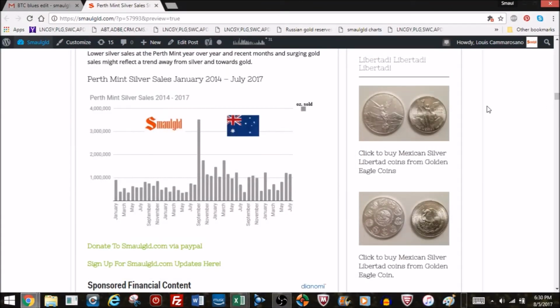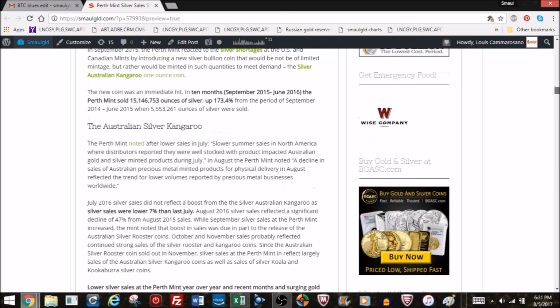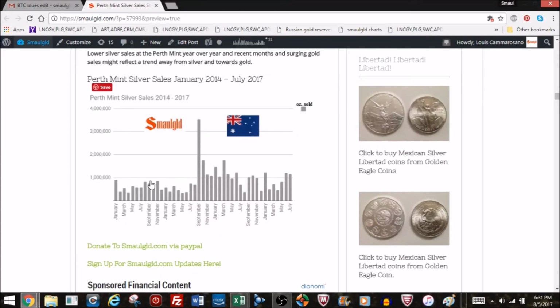Now, here's a longer term chart. You can see that's the spike. I love to show this longer chart because that's September 2015. That's when the U.S. Mint and Canadian mints ran out of silver planchets. They couldn't make any silver eagles or maple leafs, and the Perth Mint, because they make planchets and they're a refiner, were able to easily ramp up production. They slapped a kangaroo on the back, used a standard picture of the queen on the front, and out the door they went, the silver kangaroo, and boom. And since then, you can see this is pre-kangaroo, PK, and this is post-K here, and almost all the months are higher than they were before the kangaroo was